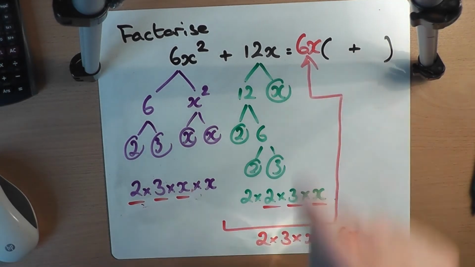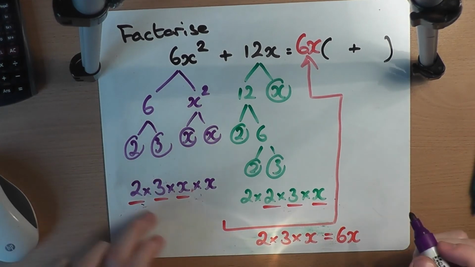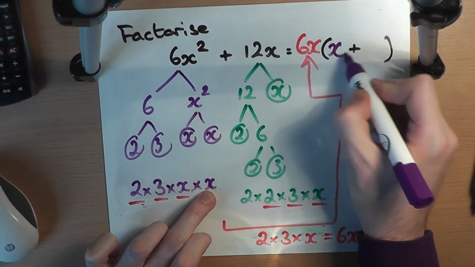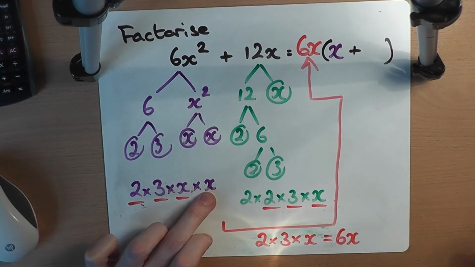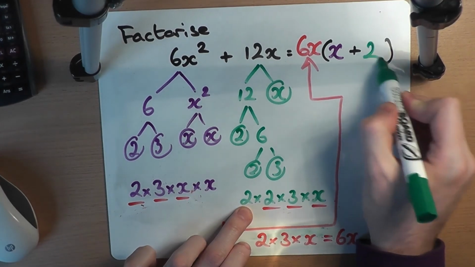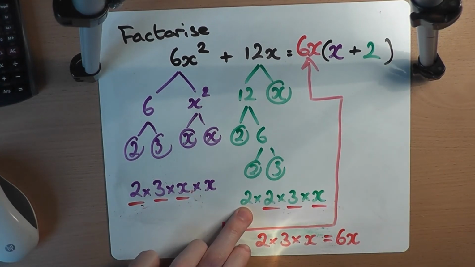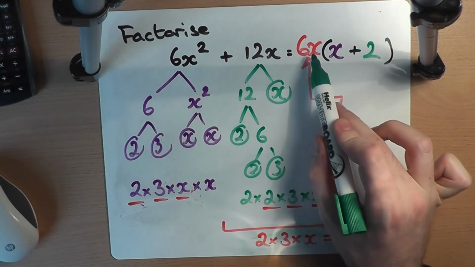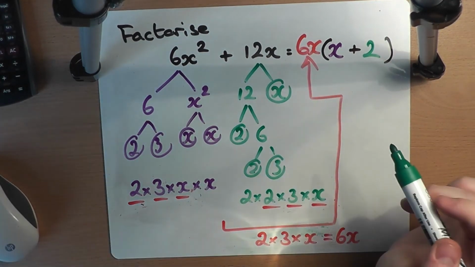The stuff that goes here is the stuff left over from this purple one. We've used the 2, the 3 and the x. The only thing that's left is, in fact, that x there. And from the second one, we've used the 2, the 3 and the x. The only thing that's left is that 2, so that green 2 can go in the second position in the bracket. When we've done, and we think we've factorised, and we think we have 6x into x plus 2 in